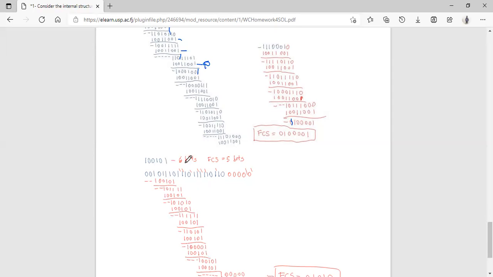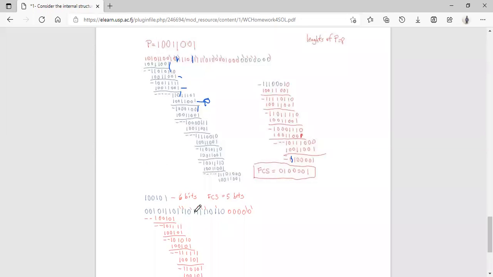So what that means is that we write our data stream. This is the data stream that we have. Let's say, and we pair it with how many zeros? If our FCS is 5 bits long, we pair this particular data stream with 5 extra zeros, 1, 2, 3, 4, 5, and then we perform our XOR operation, or modulo 2. Remember I said,